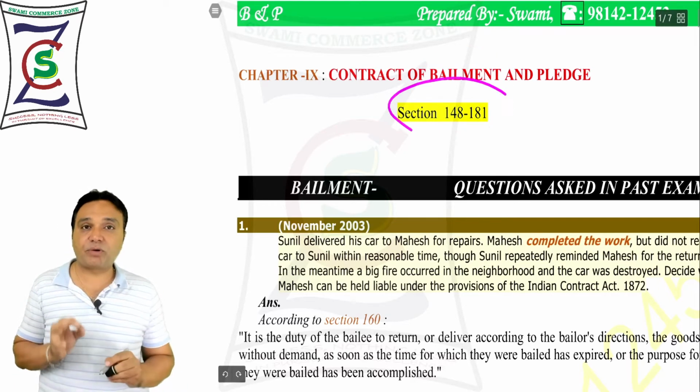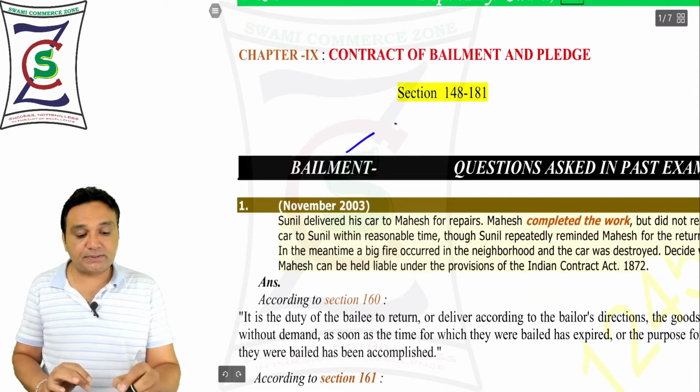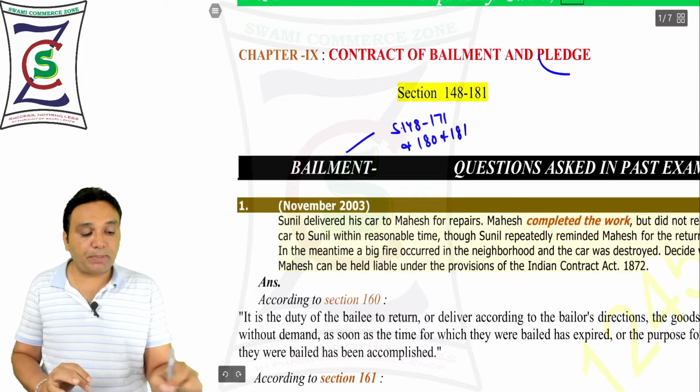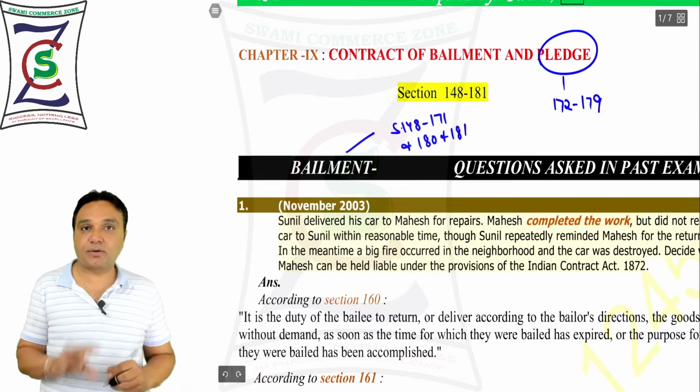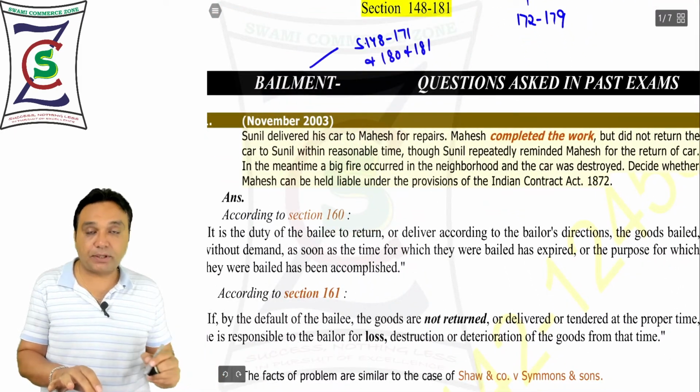This chapter is from 148 till 181 and you must know one thing, the bailment starts from section 148 till 171 and two more sections 180 and 181. The reason is the pledge part is from section 172 till 179 of that. So the past questions. The first question on our screen is